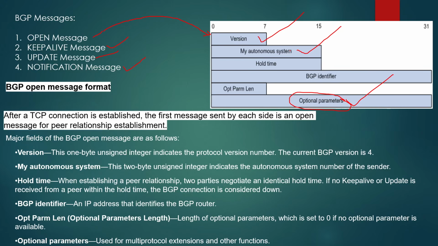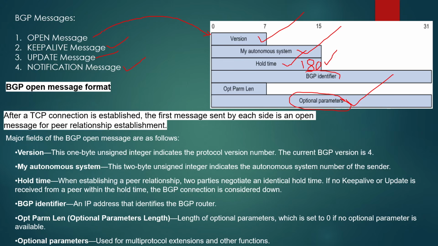Anyhow, the version is there, then the autonomous system number, and the timers, the hold timer. The hold timer is 180 seconds here, 3 minutes. Hold timer means, say router 1 and router 2 have BGP established, and somehow the link goes down. BGP will not go down immediately. It will wait for 180 seconds. After 180 seconds, it will announce, hey, the link went down, we don't have reachability, and BGP is down.